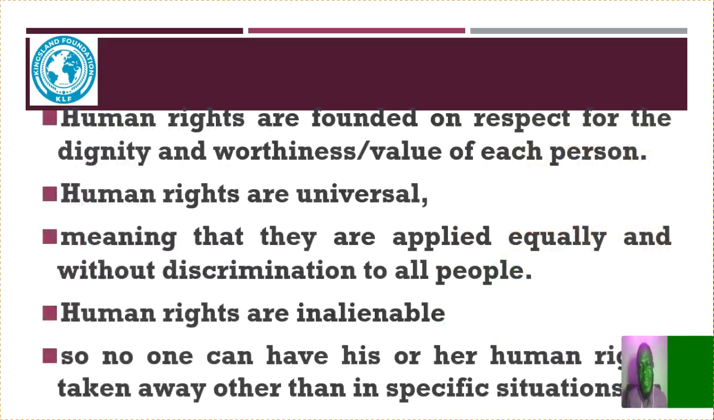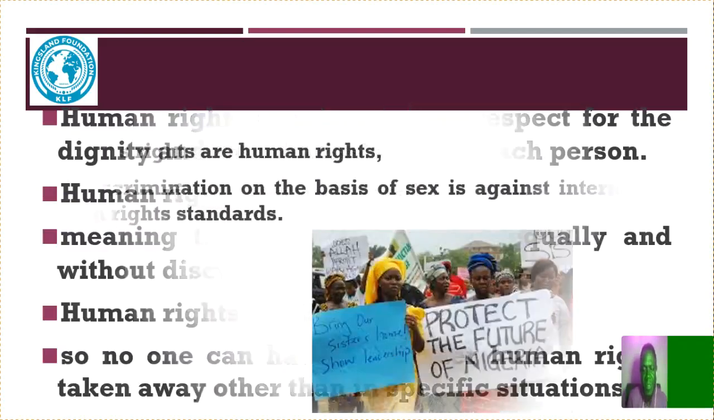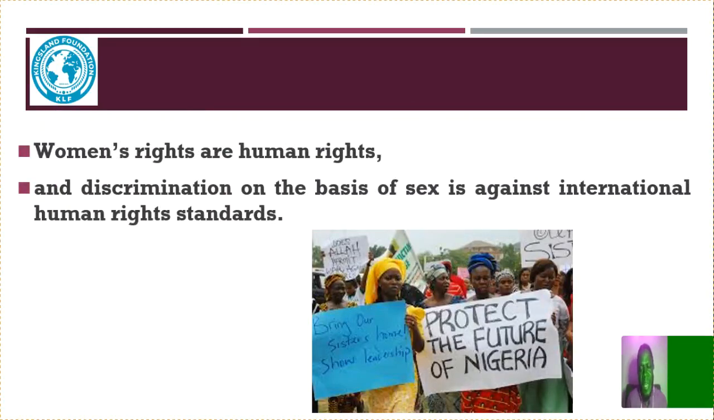Human rights are founded on the basis of respect for the dignity and worth or value of each person. Human rights are universal, meaning that they are applied equally and without discrimination to all people. Human rights are inalienable. That means no one can give them and no one can take them. No one can have his or her human rights taken away other than in specific situations which the law provides. So women's rights are human rights,